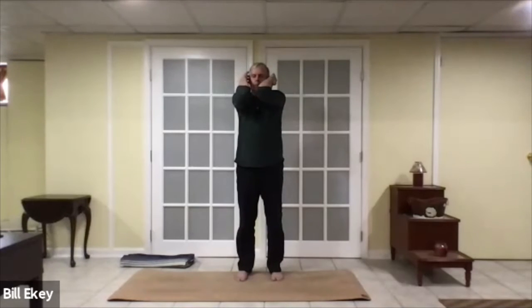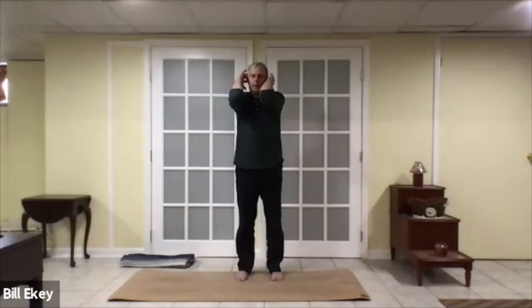Bring the fingertips to the back of the skull, just behind the ears. My fingertips are touching my ears. My elbows are wide. In fact, I'm trying to pull my shoulders back as if I could pull them towards each other. I'm going to go the opposite way. I'm going to bring the shoulders in front and try and get them to touch. Then back out and in front. Back out